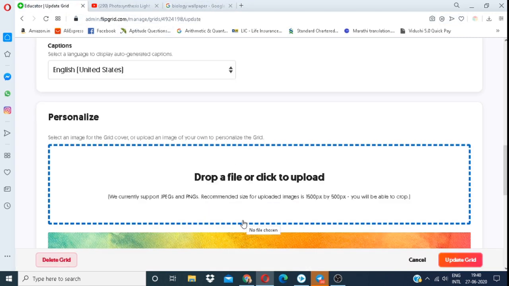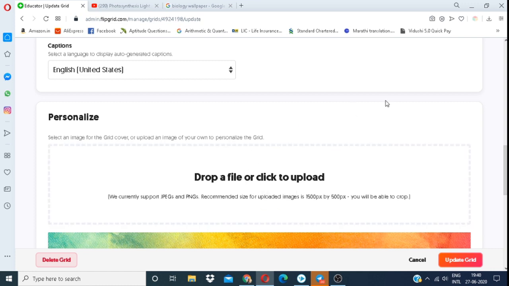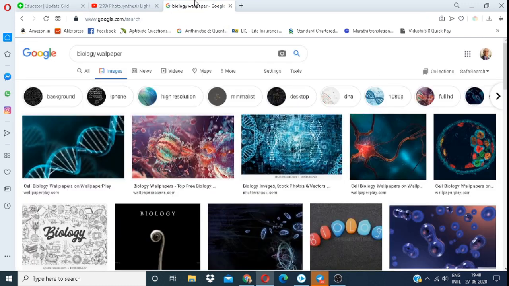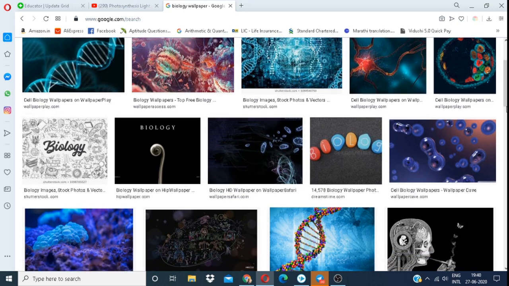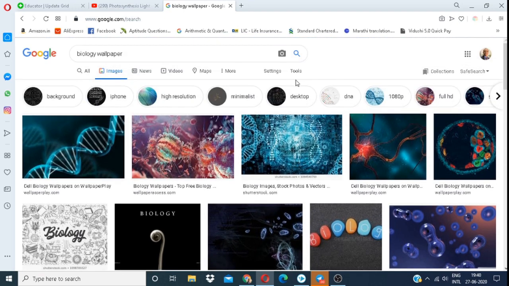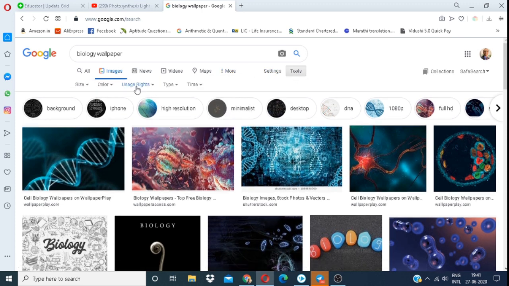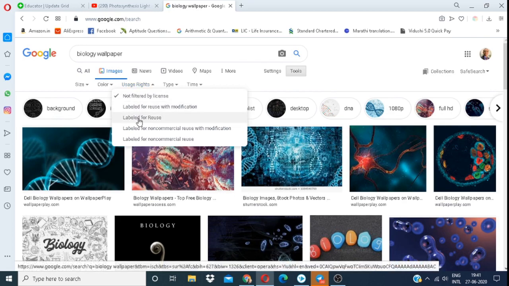So we are going to put it over here. This is your grid cover. I'm going to look for an appropriate grid cover, but before that, I'm going to make certain changes. Usage rights, label for reuse.